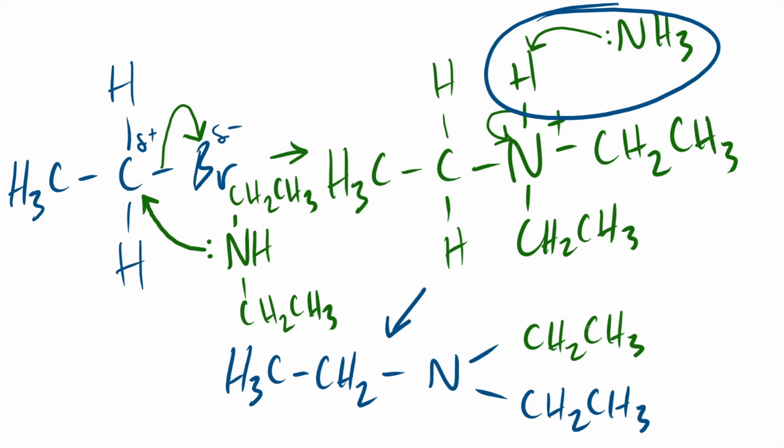You can react subsequently with this tertiary amine to form a quaternary ammonium salt. Okay, so let's do that right now. We rub this H out and change it for a third ethyl chain, CH2, CH3. We're not actually going to get our intermediate. Our intermediate is going to be our